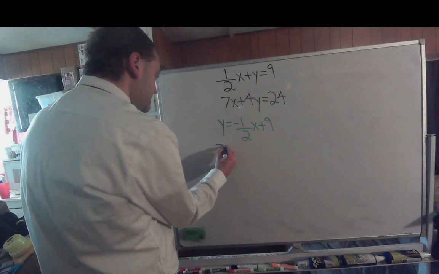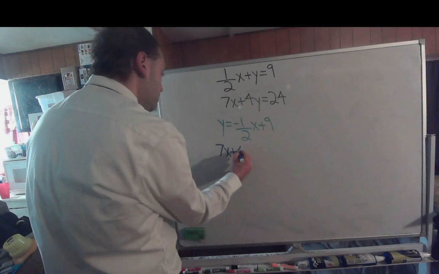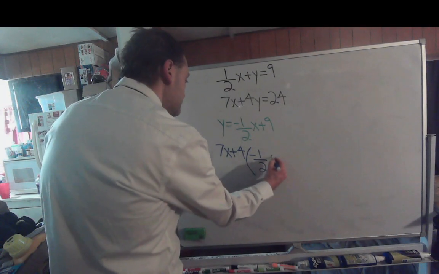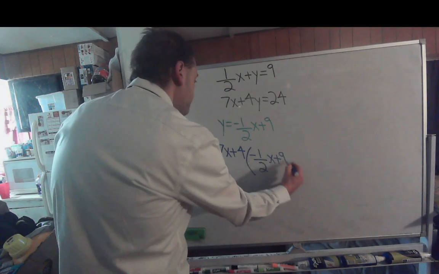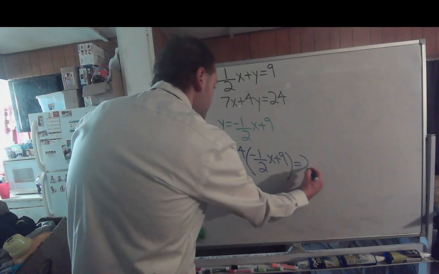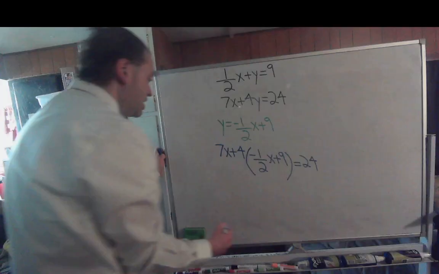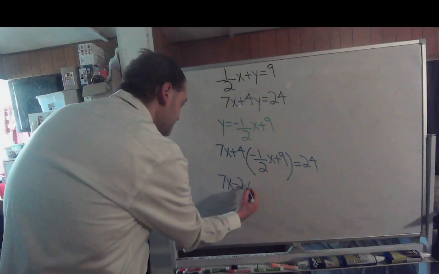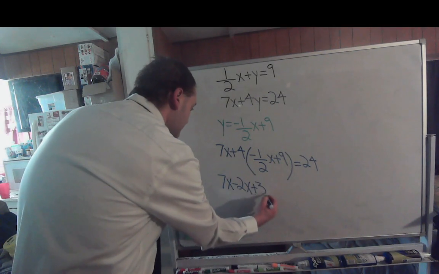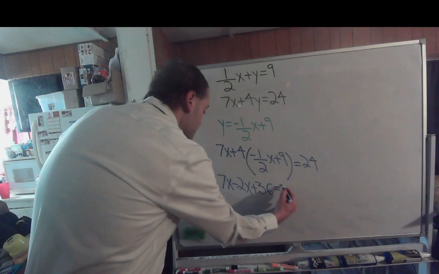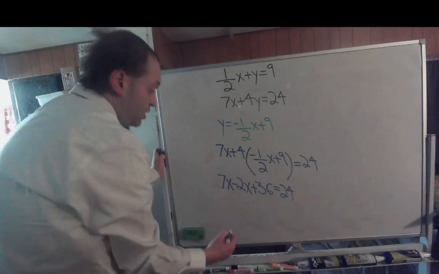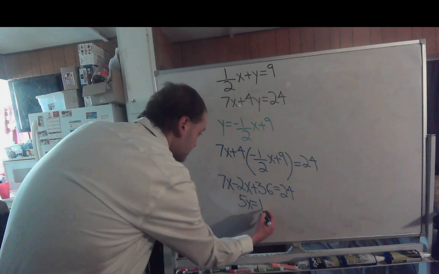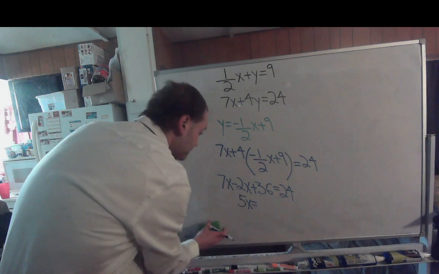You would end up getting 7x plus 4 times the quantity of -1/2 x plus 9. Set all that equal to 24, which would give you 7x minus 2x plus 36 equals 24, which would give you 5x equals -12,